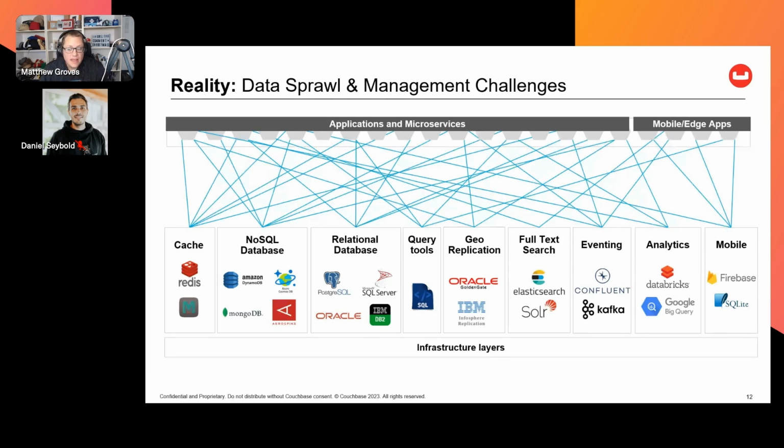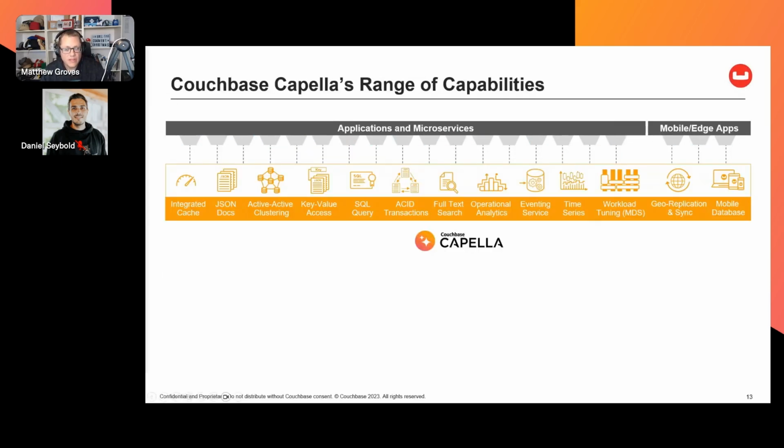And then finally, duplication of data. If you have multiple tools storing the same data multiple times, that can come with some inefficiency, of course, but also increases risk. You have more exposure of the same data across multiple tools, and you have to manage the governance among all those tools. So that is one of the issues that Capella has been designed to address, through a multi-model approach, which Daniel mentioned in one of those